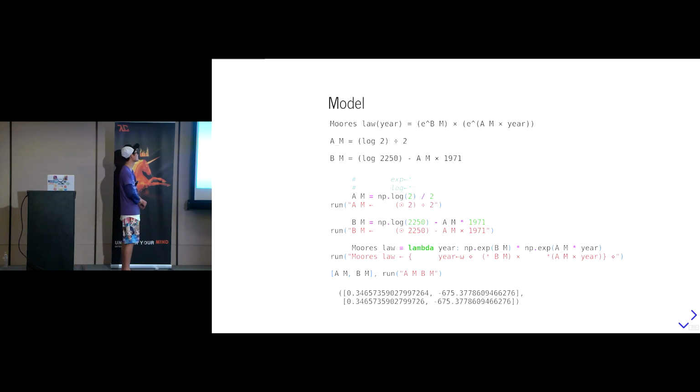So what's going on here? On the Python side, you can see everything that starts with a run is APL. So what Python is doing is the formula listed above. That's a Moore's law formula with two constants, a and b. So we define the constants in NumPy as np.log 2 divided by 2. In APL,